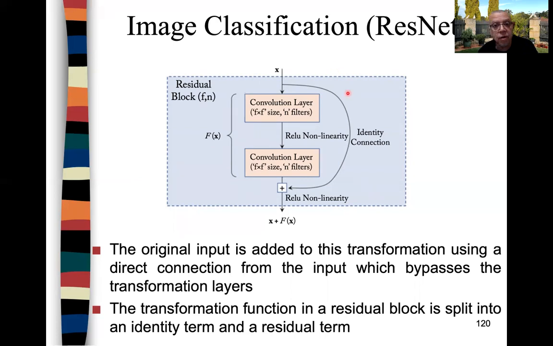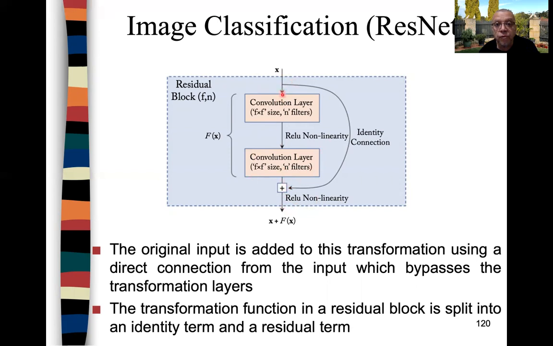Before we look at the performance of ResNet, let's explain what a residual network is. A residual network is composed of blocks, called residual blocks. If this is the input coming from a previous layer or previous residual block, then instead of feeding it just to a convolutional layer followed by a ReLU activation function, and then another ConvNet and another ReLU, which would be your standard plain convolutional layer,